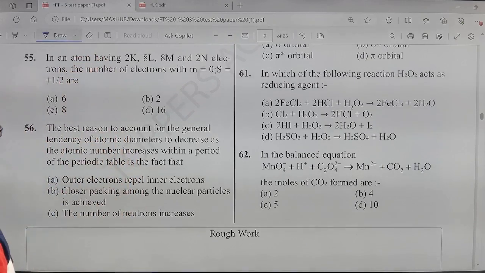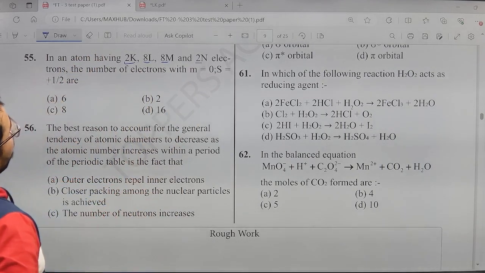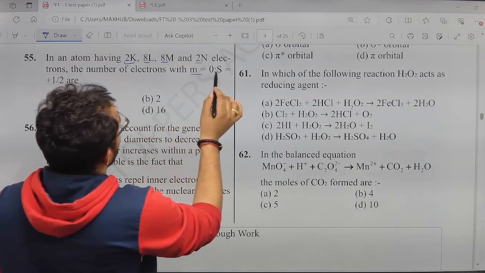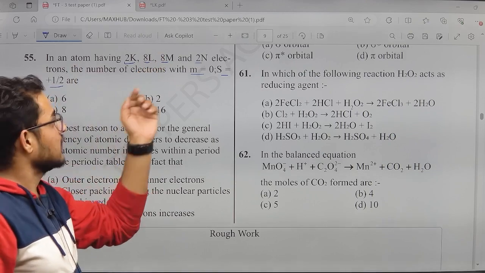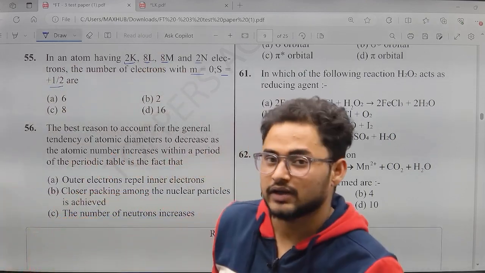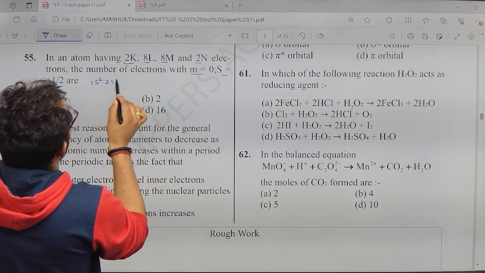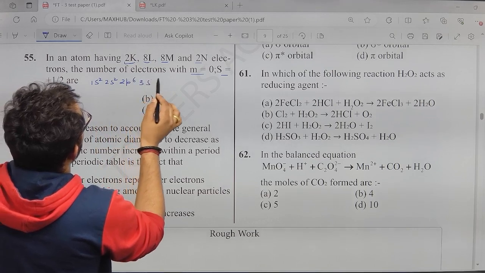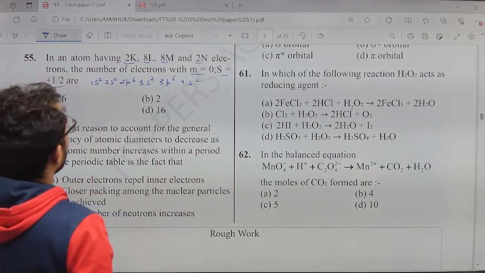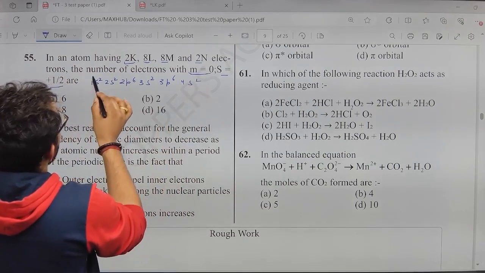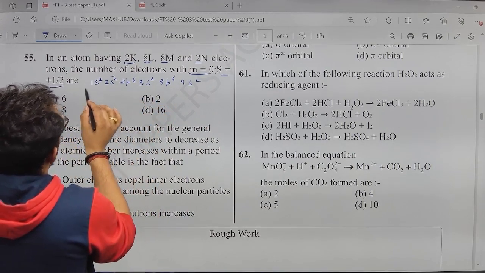In an atom having two, that means the first shell is having 2 electrons, the second is 8, 8, 2 electrons. The number of electrons with m is equal to 0 and s is equal to plus half. First of all, 2 plus 8, 10, 10 plus 8, 18, 18 plus 2, 20. That means he's talking about atomic number 20, that means calcium. So listen, 1s2, 2s2, 2p6, 3s2, 3p6, 4s2. He's talking about calcium. Now m is equal to 0. Yes, for this m is equal to 0. And now s is equal to, listen,